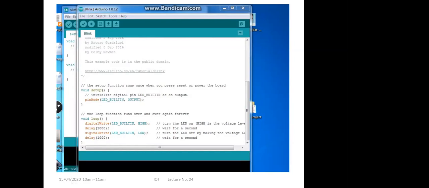Got it or not? See this line, this double slash, initialize digital pin, is not part of the program. Only these lines are the part of the program, and these are just comments about the program. Got it or not?